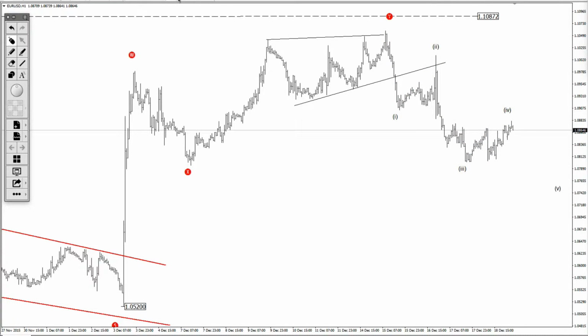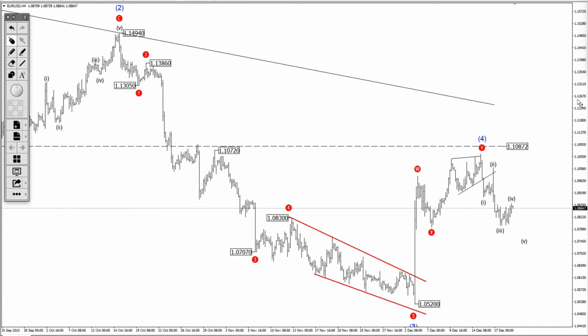Let's get back briefly onto the 4-hour chart. So once this 5-wave structure has completed, we can then expect a 1 degree larger correction, and this would be then minuet wave 1, and the correction would be minuet wave 2. So 5 waves of minuet degree can be expected to form to complete this 1 degree larger 5-wave structure, and